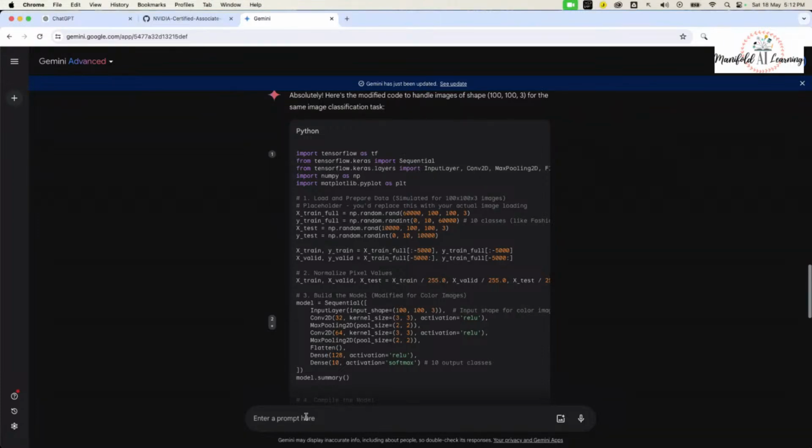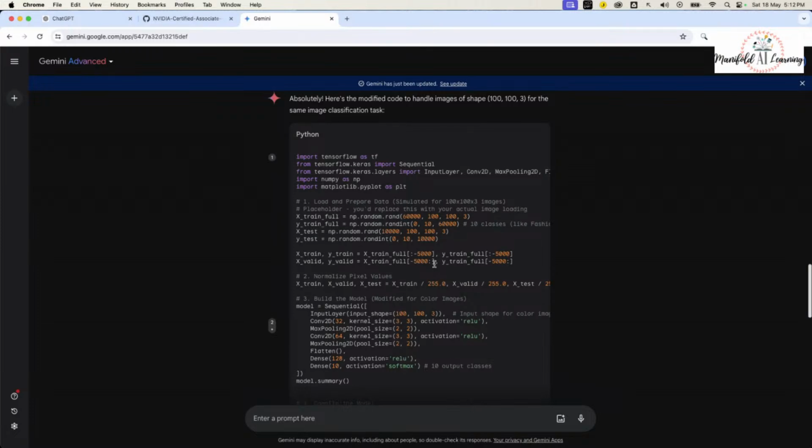Now, when you provide an input, like a prompt, which is basically an input that you're giving to this generative AI application, whenever you provide this input, the generative AI generates the response. It's important that you build the intuition on the technical details of what is happening in the backend. Those are some of the key things that you need to focus on in order to ensure that you become future ready.